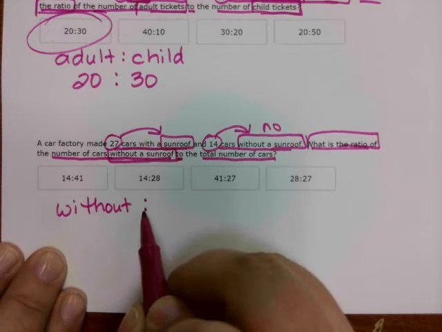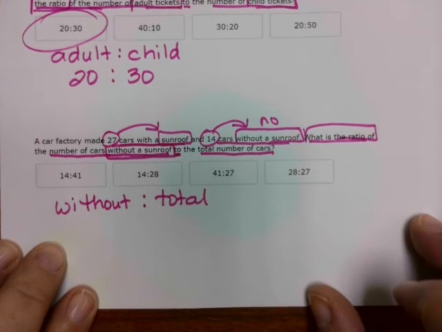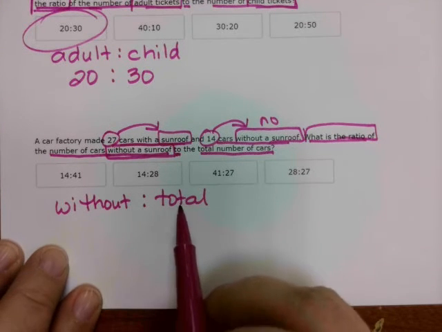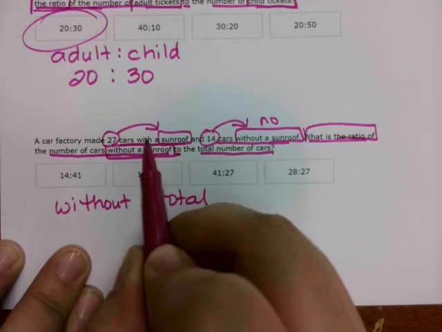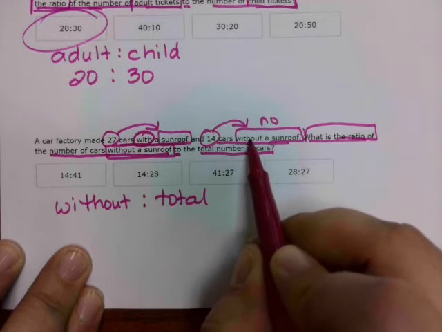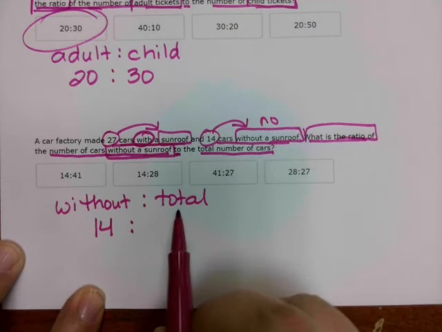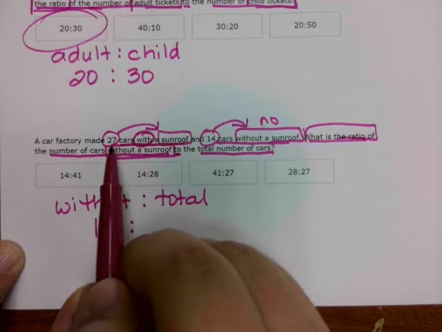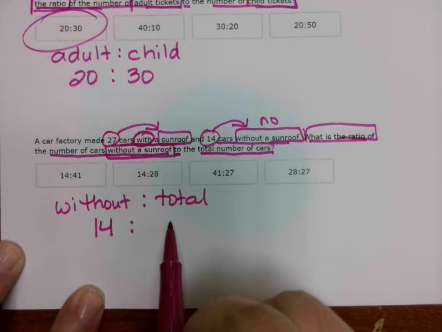"To" is my colon, and then it says total. So without, and then the total. 27 cars with a sunroof, so that's with, so I don't need that one. 14 cars without, okay, so that's the number I'm going to use here. Then my colon. Now this says total. This is cars that have a sunroof, but we don't want the ones with a sunroof, we want the total